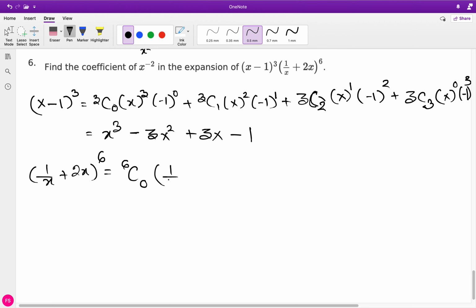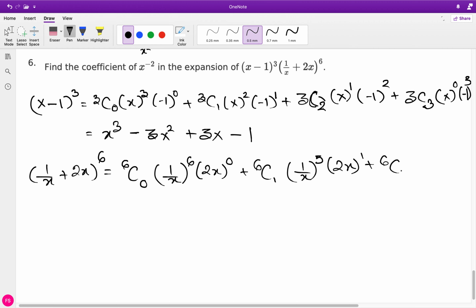6c0, 1 over x to the power of 6, 2x to the power of 0, plus 6c1, 1 over x to the power of 5, then 2x to the power of 1, plus 6c2, 1 over x, 6 minus 2 is 4, and then the second term is 2x to the power of r, which is 2 in this case, then plus